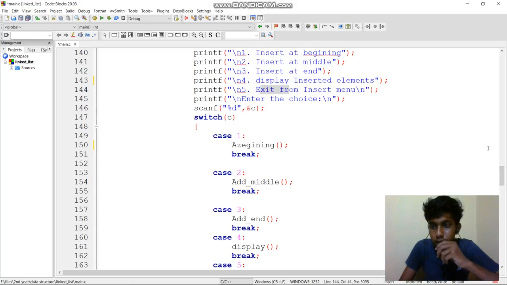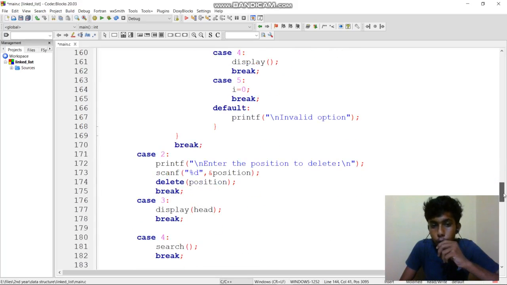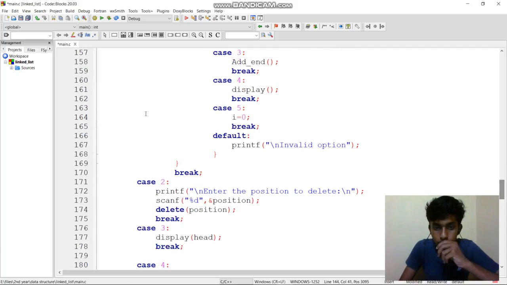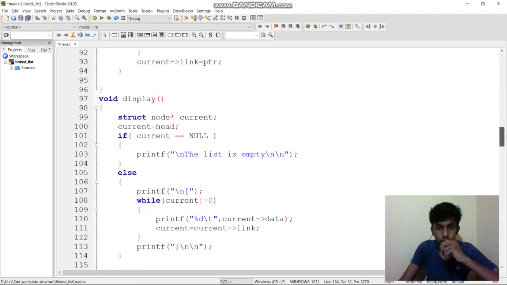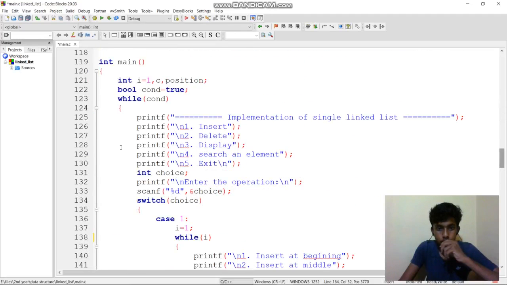Now exit is simply that we need to go out of the while statement, so simply I have given I equal to 0 and used a break statement, so it will go outside. Now under the first condition, that is under the first statement insert, we are completed.